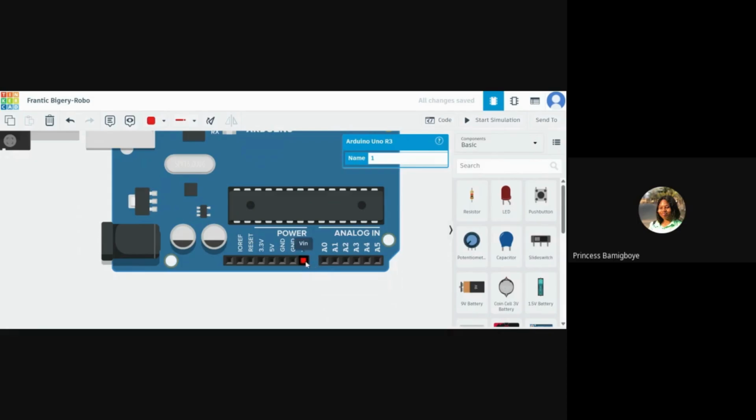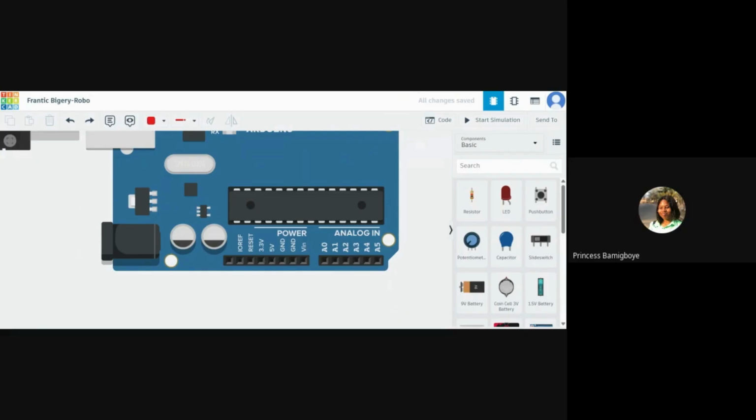So Vin, anytime you want to connect a battery directly to the Arduino, you have to use Vin. You can use either the power jack or the Vin if you don't want to be connected to your laptop at every point in time. And when you are using the batteries, you have to check the maximum and minimum input voltage.